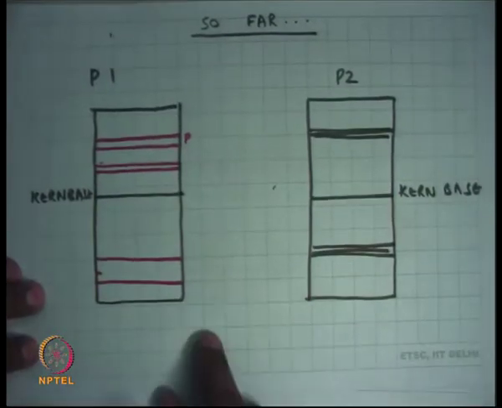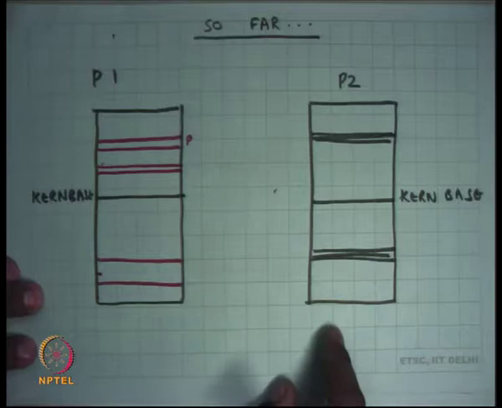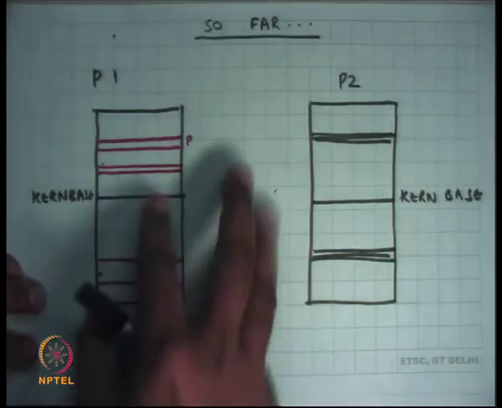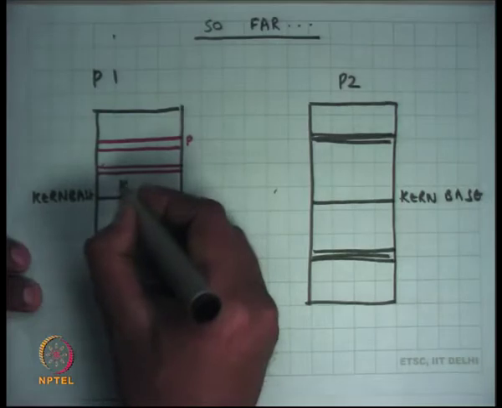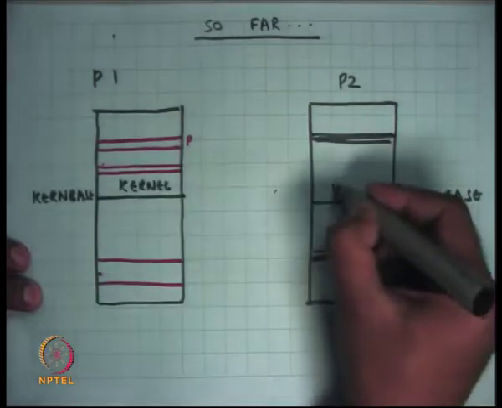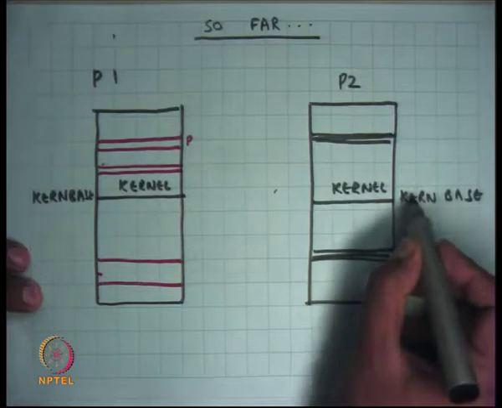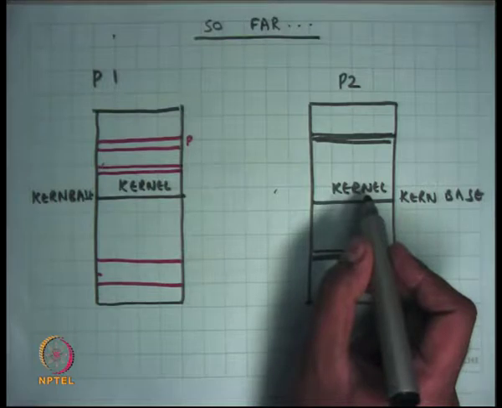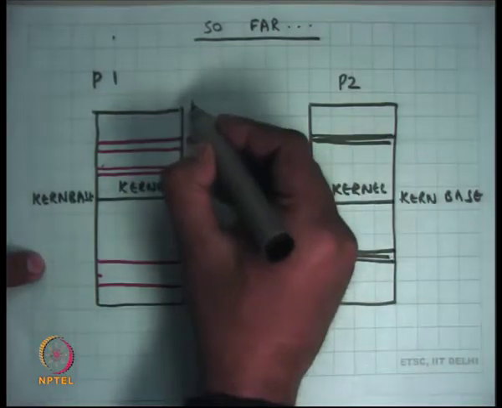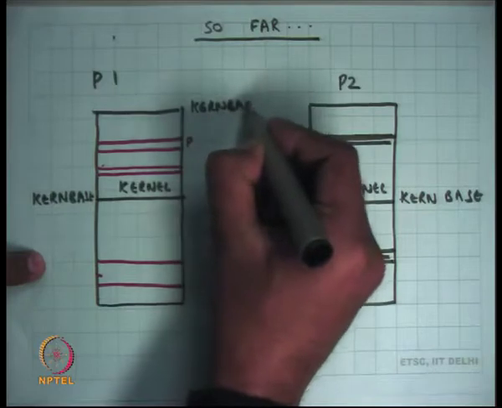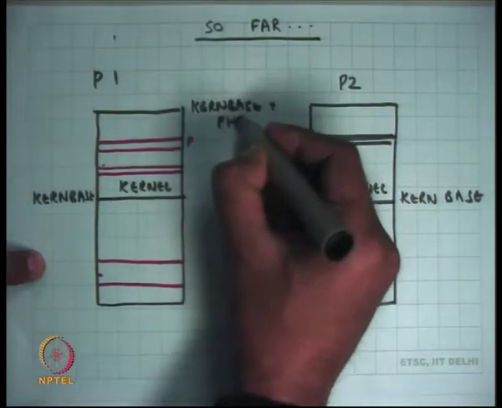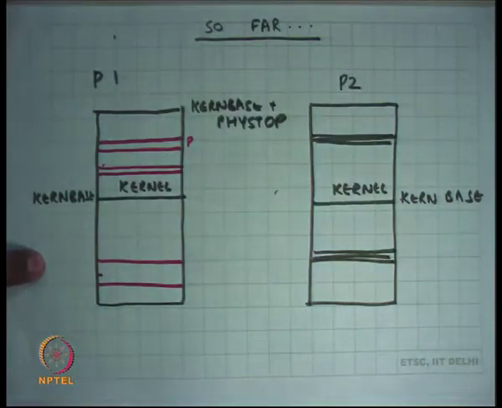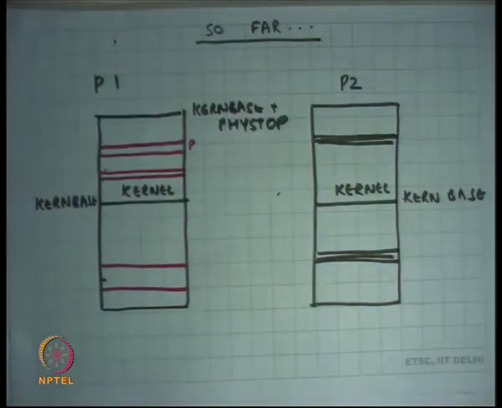If I have to show this in more detail, let's say there were two different processes, both of them will have the same kernel mapped. So let's say this is kernel and kernel, so above KERNBASE they have the same area mapped identically, right, from KERNBASE to KERNBASE plus PHYSTOP, same thing. So the entire physical memory is mapped. Of course the process cannot access it directly because these are privileged pages, and only code that's executing in privileged mode can ever touch these pages, right.